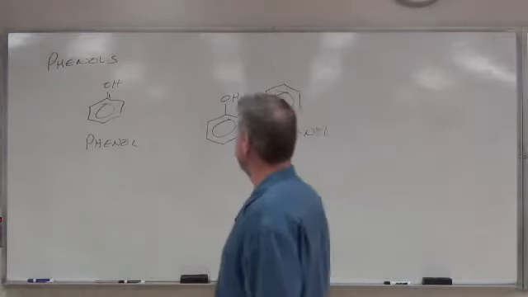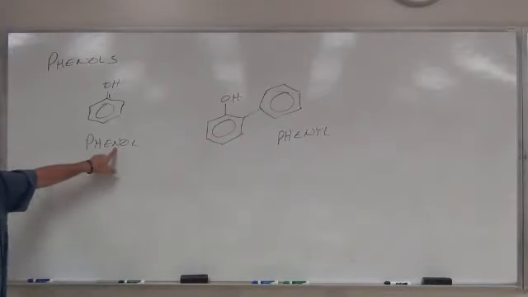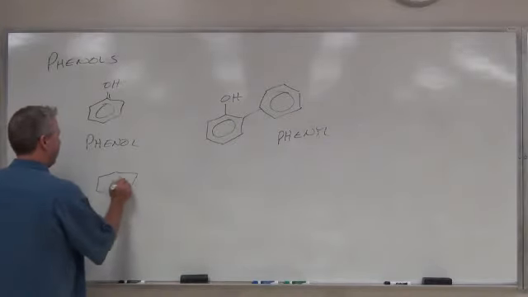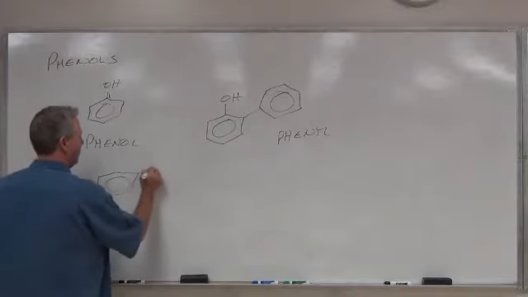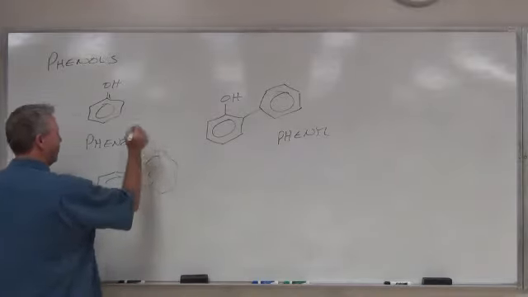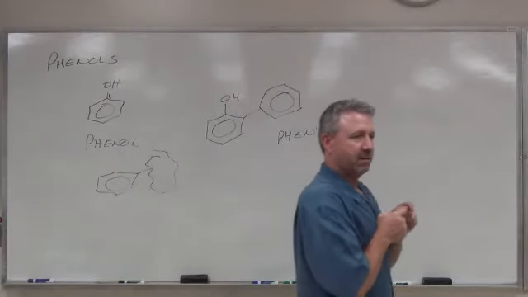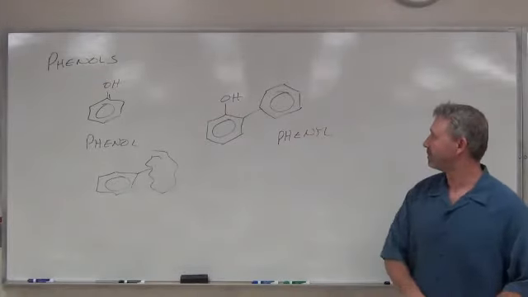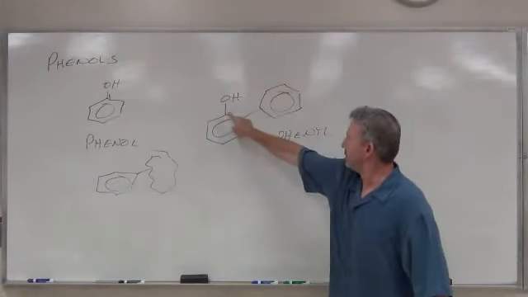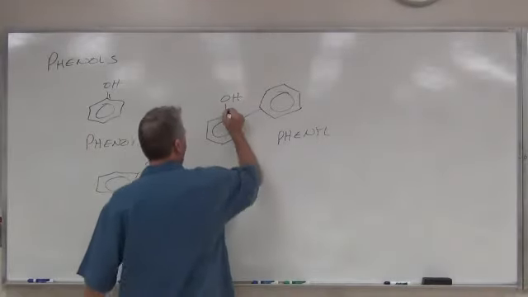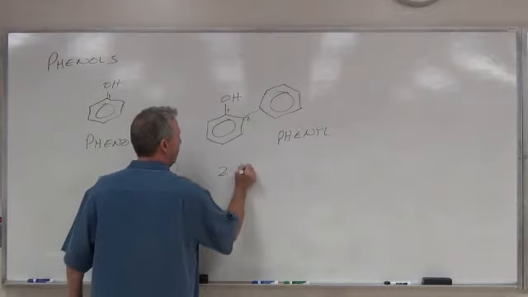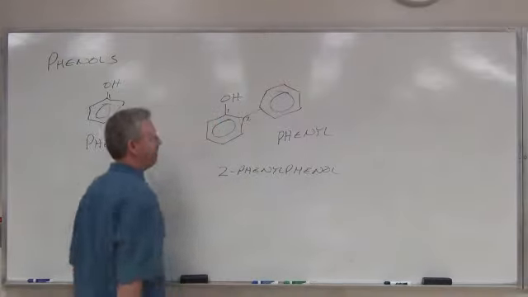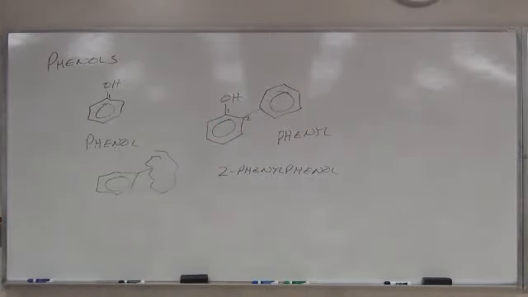Sorry, the alkyl form of phenol is not phenyl. The alkyl form of benzene is phenyl. Sorry, guys. Got all caught up. That's benzene, where we remove an H and create a point of attachment. It's phenyl. Right? Everybody got that? The alkyl form of benzene is phenyl. See, there's no OH on it. Let's see OH. So this would be 1, 2, 2-phenyl phenol. Ugly. 2-phenyl phenol.